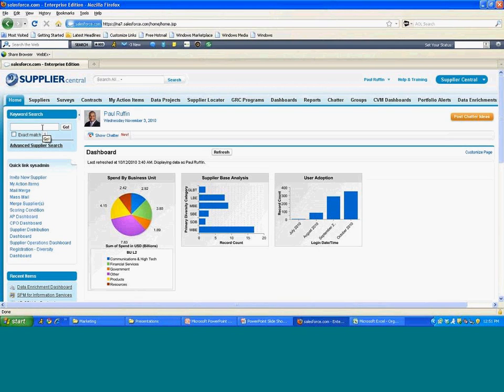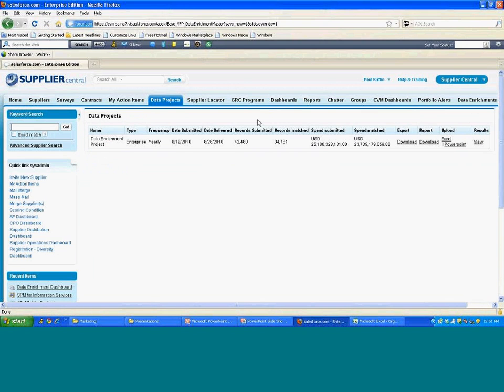I can search for suppliers that we currently do business with. I can send them out surveys and look at contracts, and so run different governance, risk, and compliance programs, and overall supplier operations. But what I'll do today is actually go into what we refer to as data projects, which is actually part of the electronic delivery of